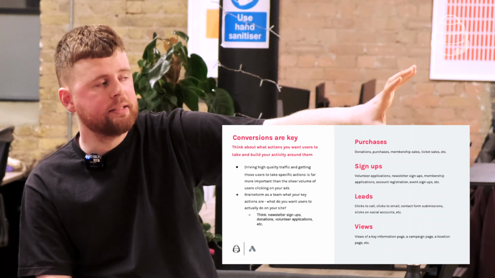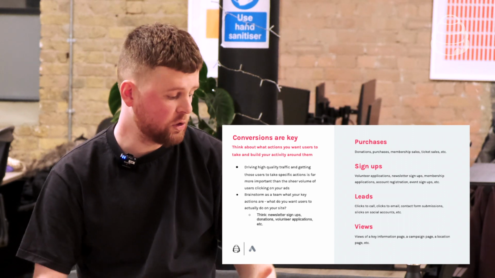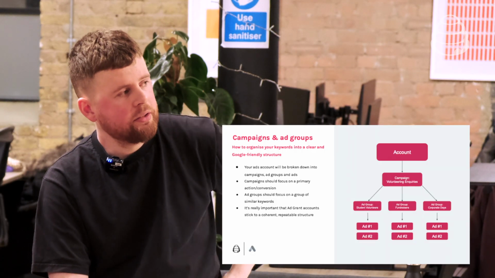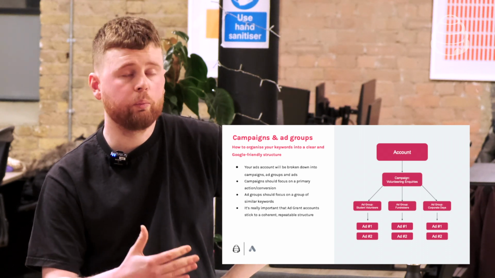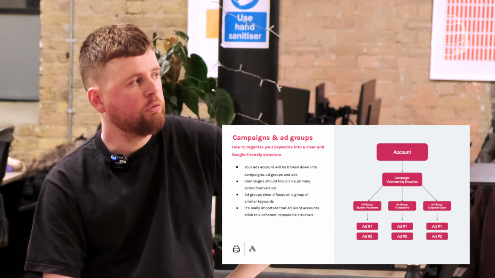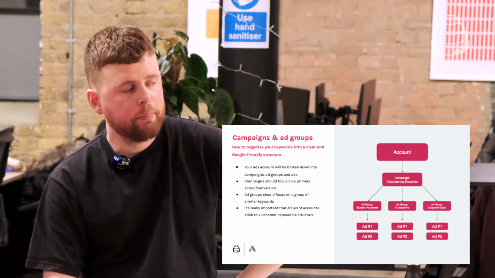If you really get an idea of those things and use them to build up your Google Ad Grant account, you're in a much better place than a number of organizations that start out with it. So as I mentioned, if you get an understanding of what it is you're trying to get from users and what it is that they want from you in return, you really have the basis of a very Google friendly and box ticking campaign structure.